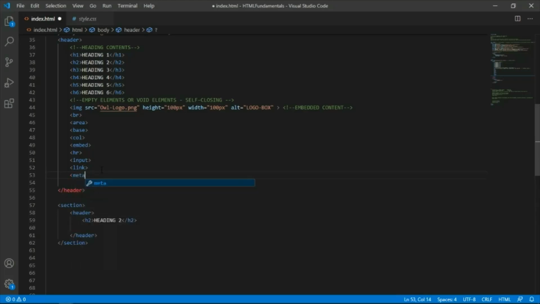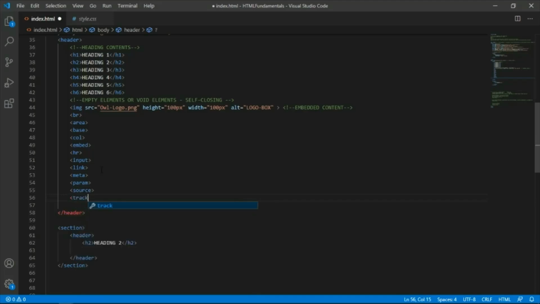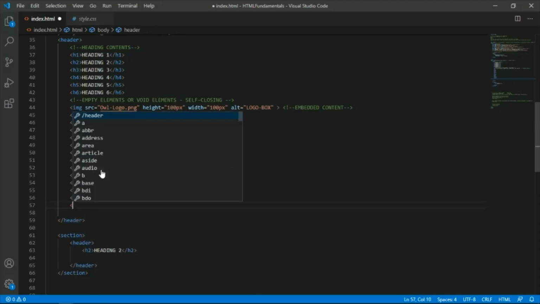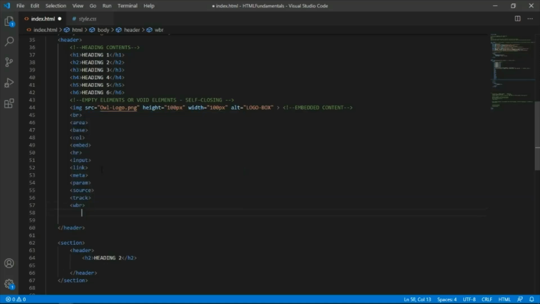I'm just meta element. We also have here the param element. So we also have the source element. We also have the track element. So I'm just giving you an idea here on what are the different elements that are considered to be as void elements. So we also have some obsolete